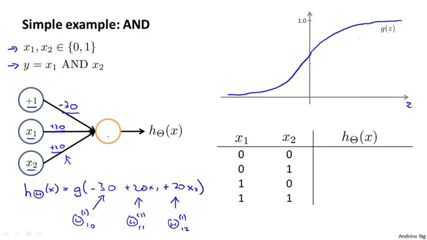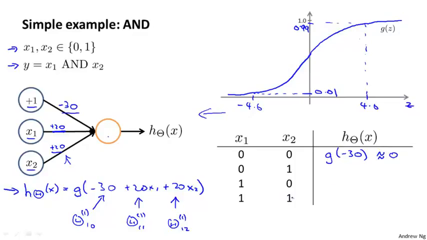To give you some landmarks, if the horizontal axis value z is equal to 4.6, then the sigmoid function is equal to 0.99, which is very close to 1. And symmetrically, if it's negative 4.6, then the sigmoid function there is equal to 0.01, which is very close to 0. Let's look at the four possible input values for x1 and x2 and at what our hypothesis will output in each case. If x1 and x2 are both equal to 0, then the hypothesis will output g of negative 30. So it's very far to the left of this diagram,